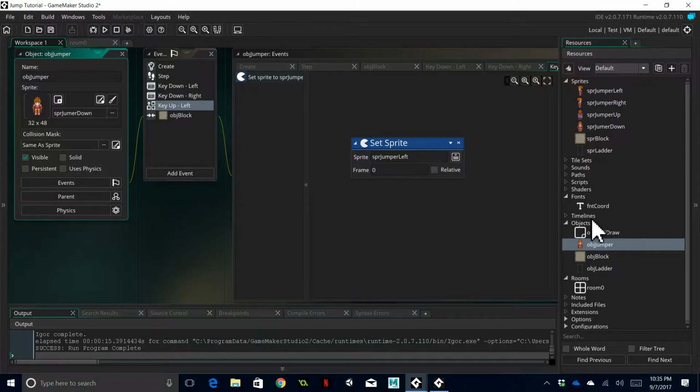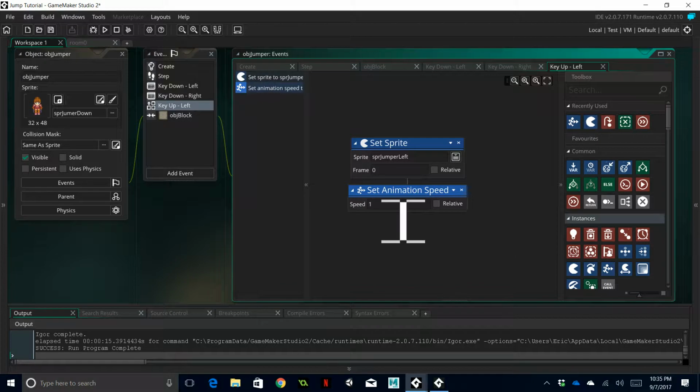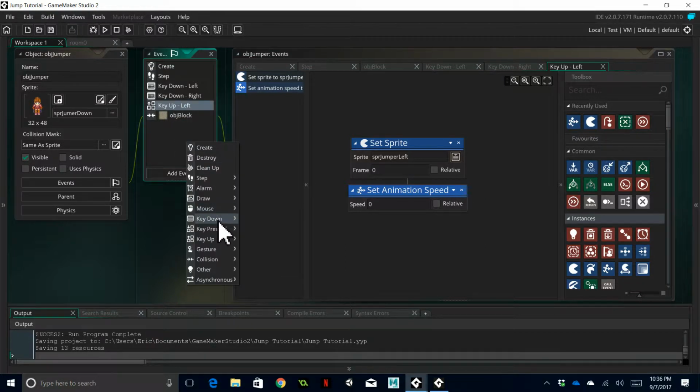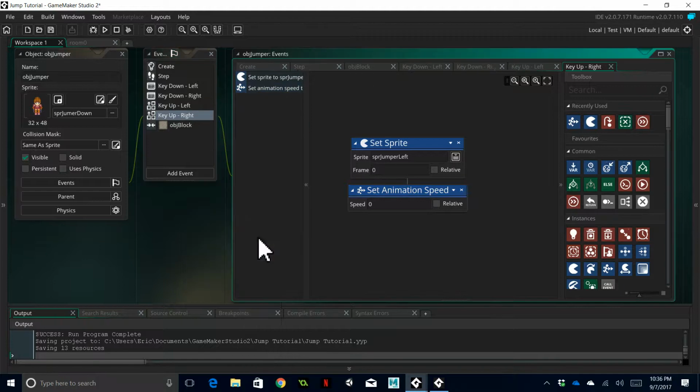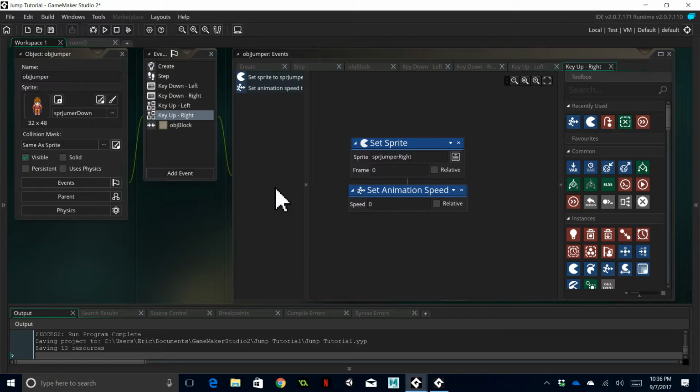And then the next thing we're going to do is set animation speed. Let me back this out here. Go here, set animation speed, and we just want her to stop. We don't need to use a variable. So she'll stop cycling through her images here. And just like we did with the left and right key downs, we're going to do the same with key up. We're just going to duplicate this event, key up right, and we will simply change what we need to. This set sprite here will go from being the left sprite to the right sprite, but animation speed still gets set to 0. So if we test the game,